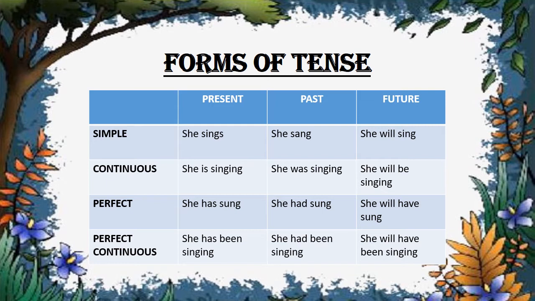And in future, the verb will be in the base form. In simple future tense, the verb will be in the base form, whereas you will have one auxiliary verb, a helping verb, that is will or shall. If will or shall is present, you can conclude that it is representing future. Dear children, if will or shall is present, then it represents future. Now this is all about simple. I think now you can remember what you have learned in the lower class.